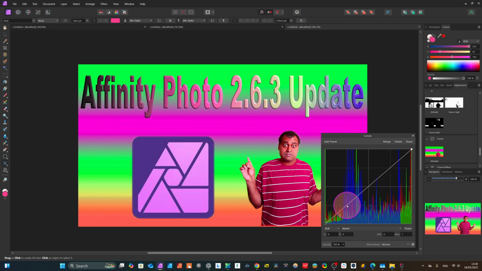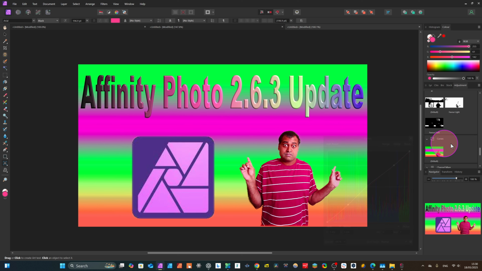Here you see, we can add a point here, a point here, and we can make it a little bit higher. You see, the curve, it will be more reddish. In curves you need to adjust very little, not too much, and very cautiously you have to do it. Okay, this point is okay, and we just close here.